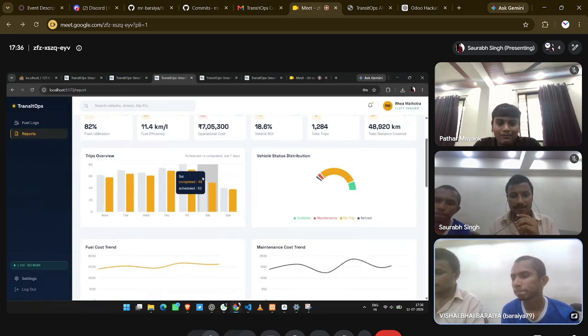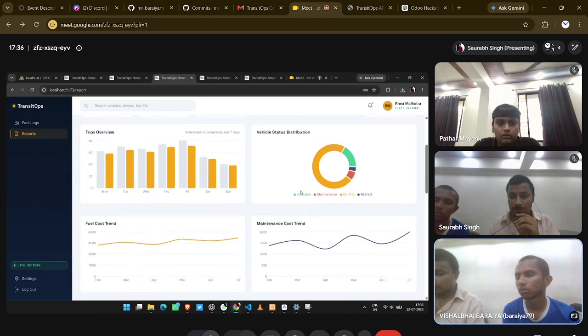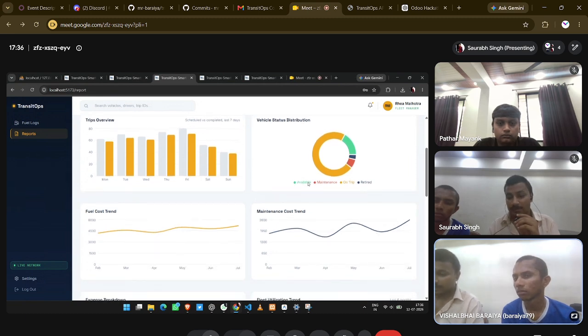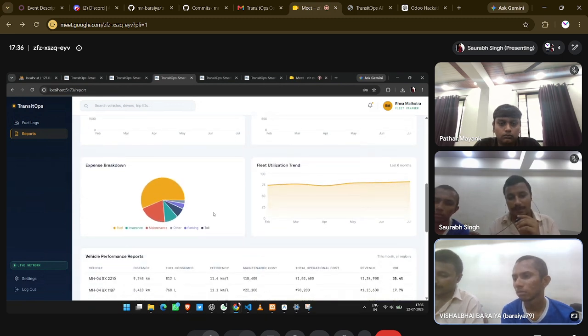Here is the finance report. Here we can see the graph, and one something like a pictograph. We are trying to explain the availability as well as the maintenance on trips and all the stuff. These are all graphs which will help the admin as well as the